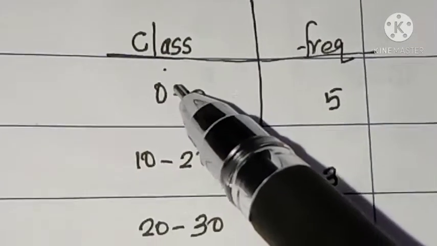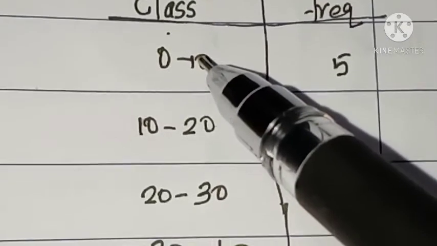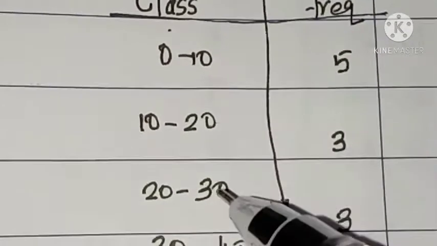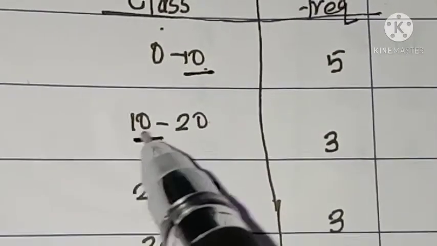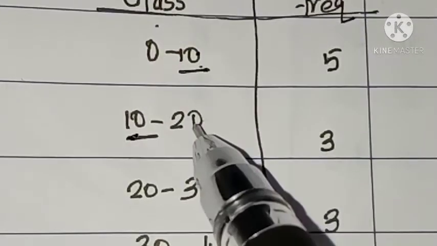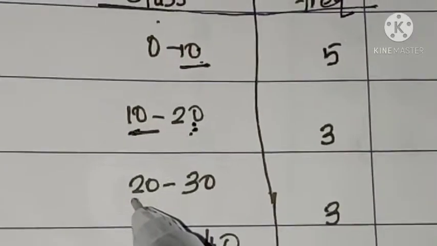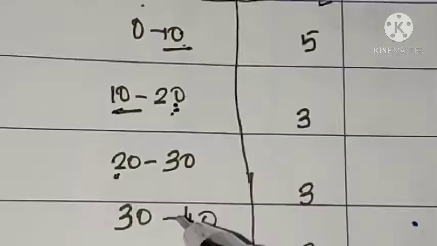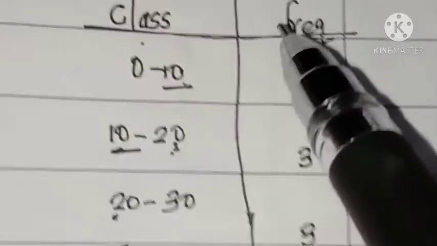First you have to see whether the class intervals are in the form of continuous intervals, continuous data. Continuous data means the upper limit of the first class is the same as the lower limit of the second class. Now listen, the upper limit of the second class is the same as the lower limit of the third class. So here the given data is continuous, and therefore we can easily draw the figure